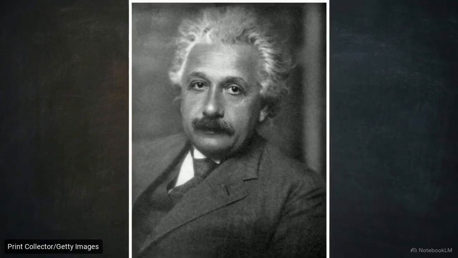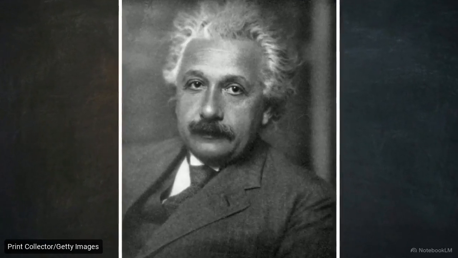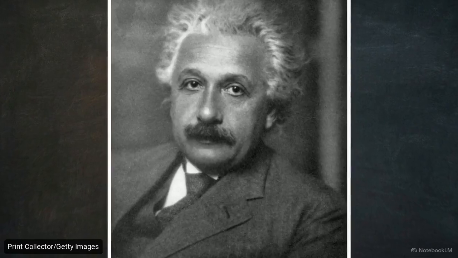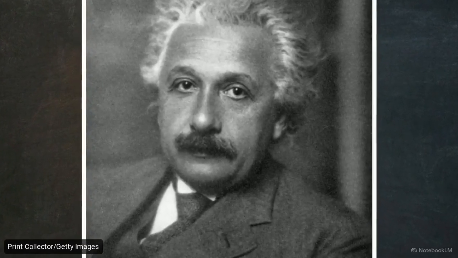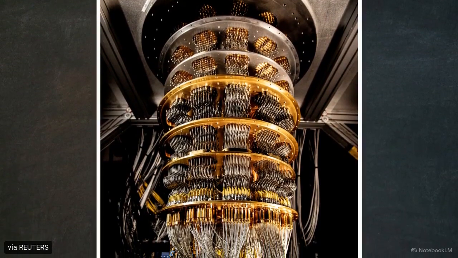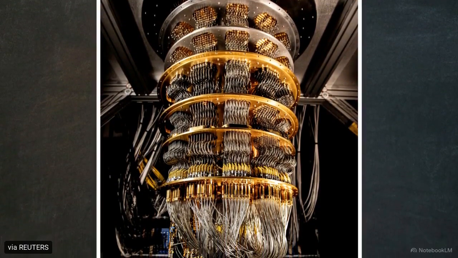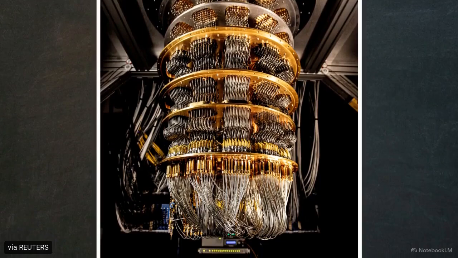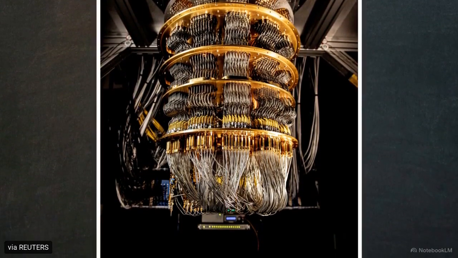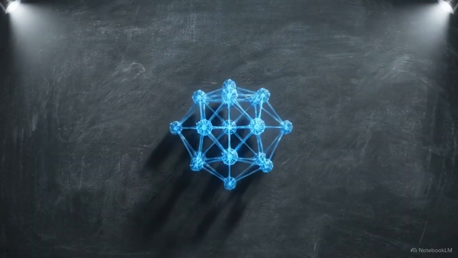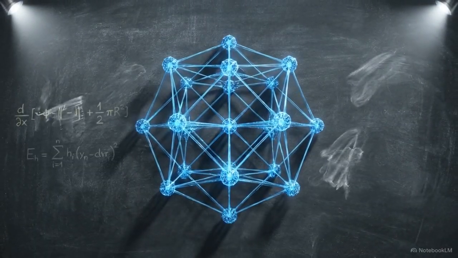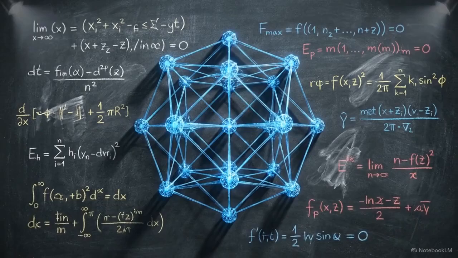For over a century, the bedrock of physics has been a single, unyielding postulate that the speed of light in a vacuum is a universal constant. Data from the DCAPDE and Google's Willow Quantum Processor suggests this constant is actually a variable, dependent on the architecture of the vacuum itself. This groundbreaking research indicates that what we perceive as an empty void is actually a dense